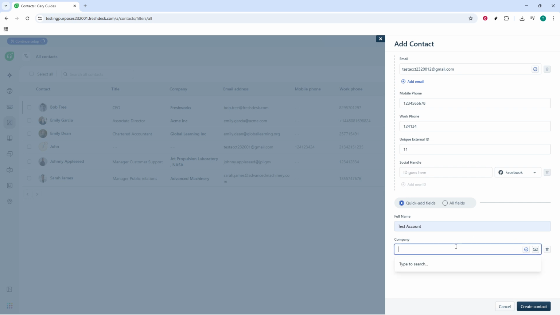If your organization tracks extra details, this is the place to add them. Job title helps your agents understand the person's role and decision-making level. Setting the time zone can improve response timing and reduce back and forth. And if you've created custom fields, like product model, subscription tier, or customer ID, fill them in to power better